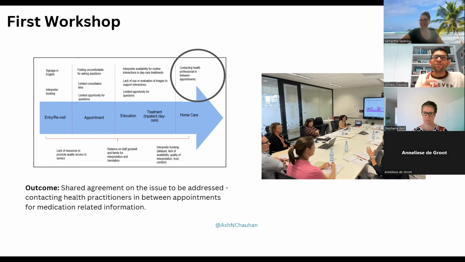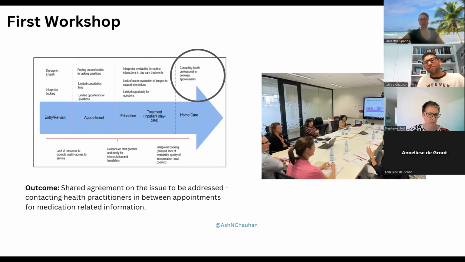So there were two main things. One was to identify the issue that we want to address, and also to see what is feasible for us to design a solution for, implement and test in a very short time frame at that particular health service.